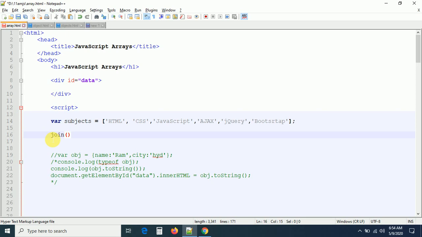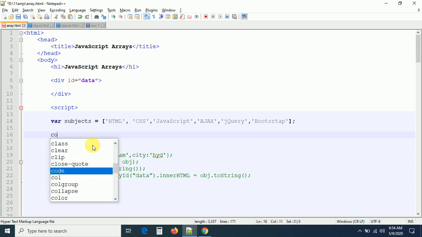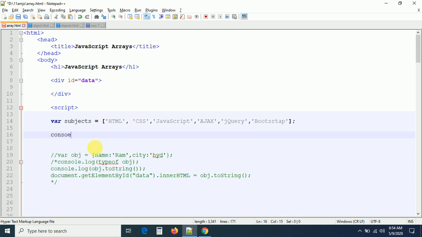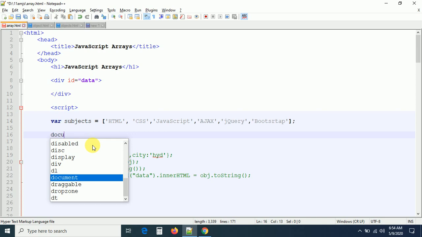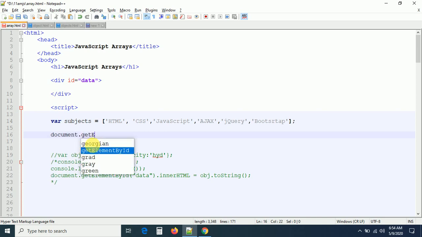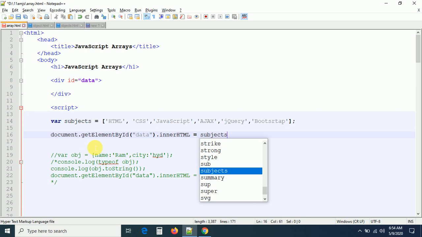One minute. Let me write the same again one more time. I just want to see the difference once again. Or else we will do one thing: document.getElementById of data, dot innerHTML equal to, you can write simply subjects.toString.